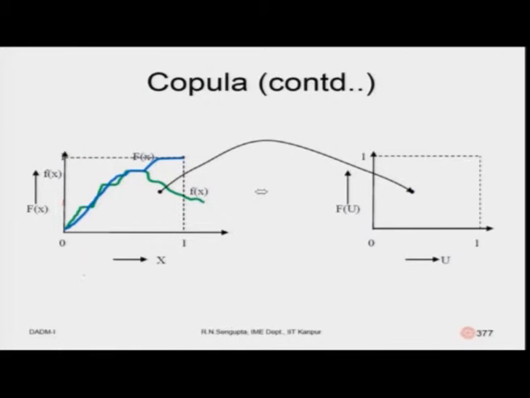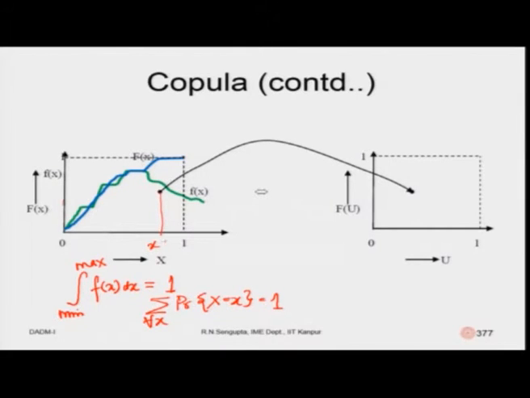So, this is integration for the continuous case, summation means integration, from the minimum value to the maximum value. Now, what you do is like this, you pick up an x value here,